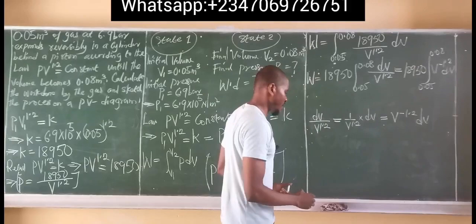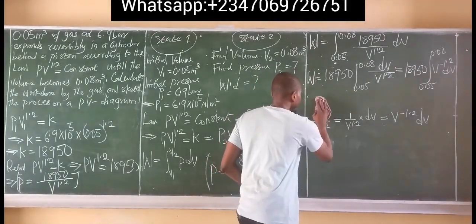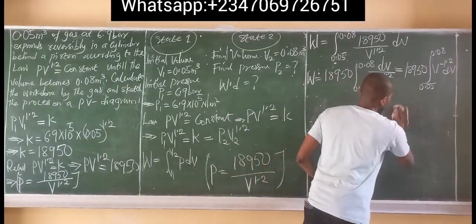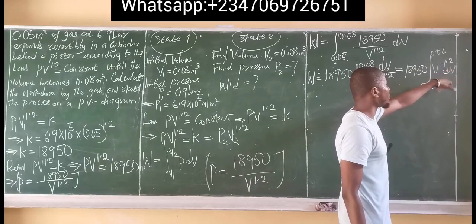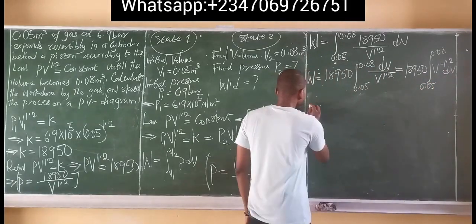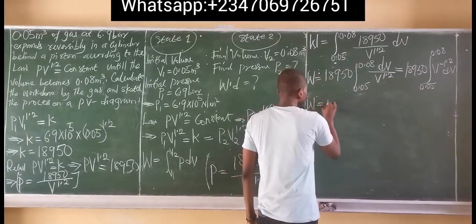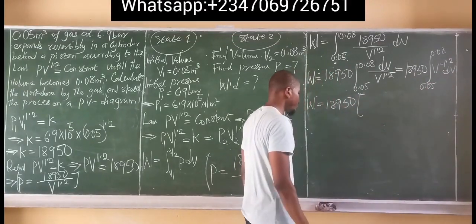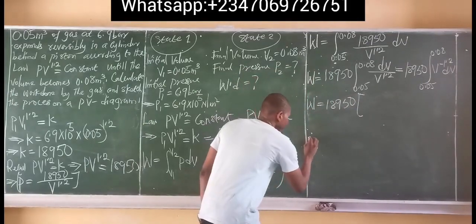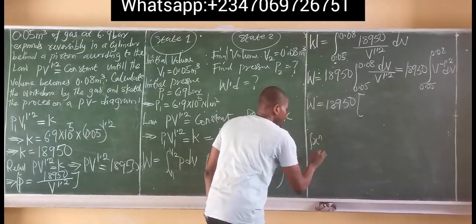We simply have something like this. All right, so with that, it becomes easier for us to integrate that function. Now we are to integrate v to the power of minus 1.2 dv. So work done is equal to 18950. Now, remember from the principle of integration, if I am to integrate x to the power of n,